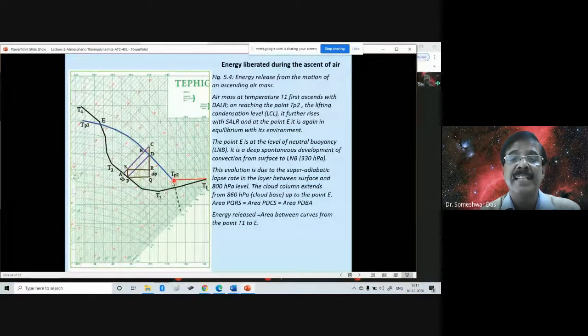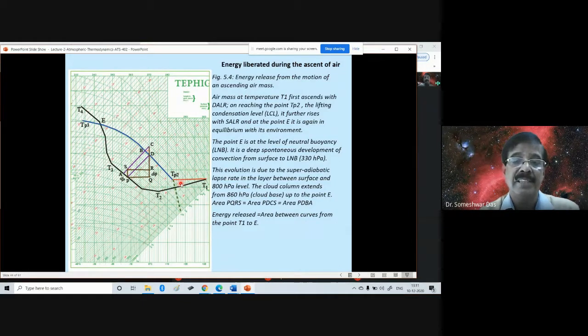Actually, the area up to this point is the energy which is required to push the parcel up. As I said, this energy has to be provided by some means, either by convection or mechanical lifting. If the energy is missing, that means the parcel cannot go up to this level. And if it cannot go up to this level, then it will not be able to extract or get the energy which is hidden here. In order to get the energy hidden here, the parcel has to be somehow lifted from here to here.